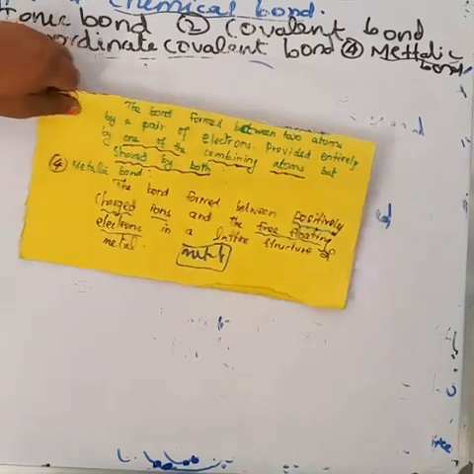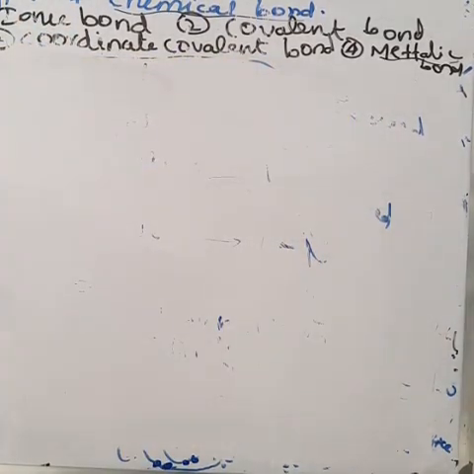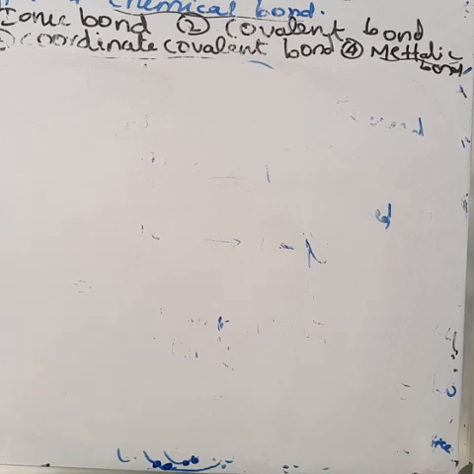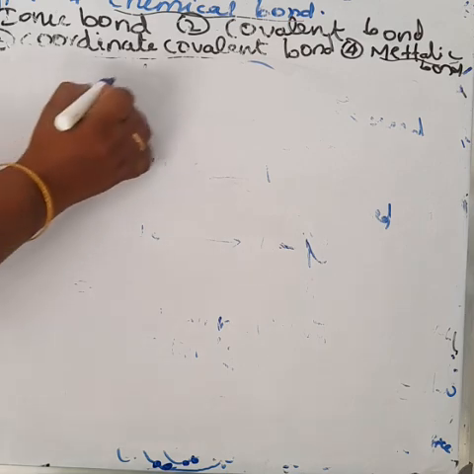In a covalent bond, both atoms share the pair of electrons. But in a coordinate covalent bond, only one atom shares the pair of electrons with the other atom. Okay. For example, formation of